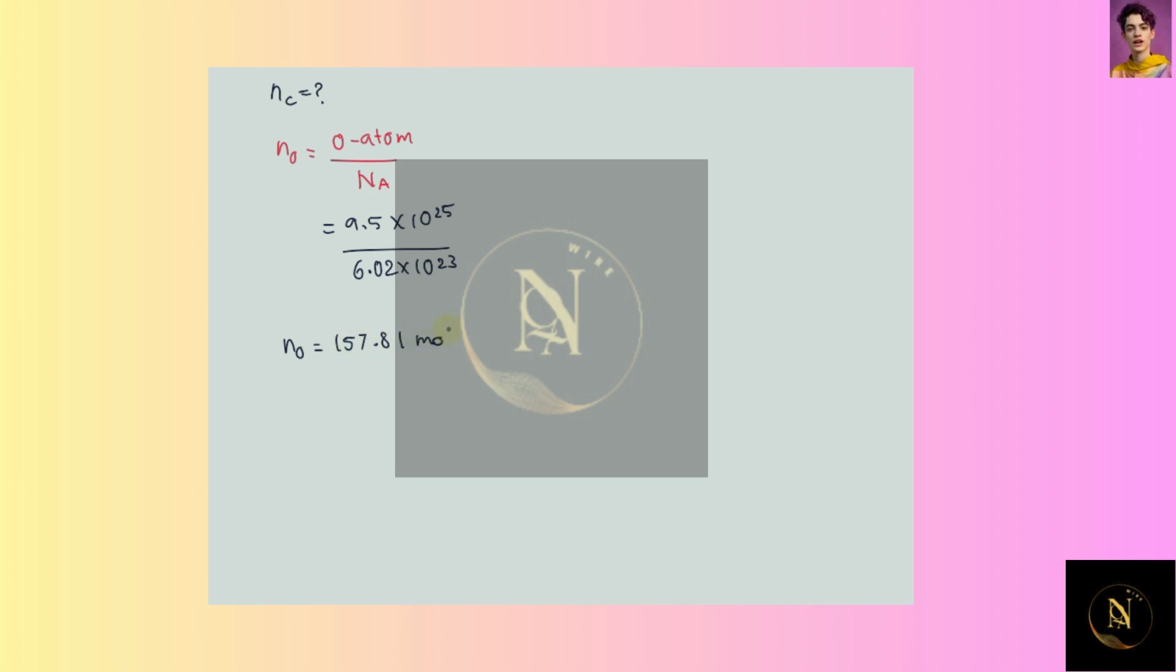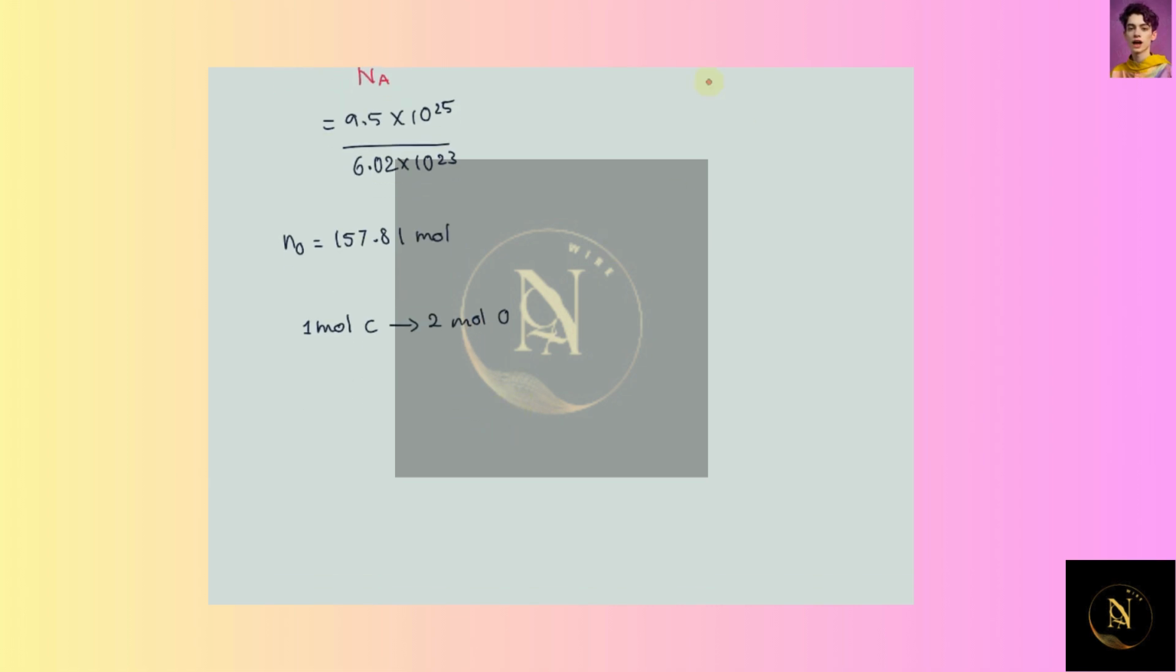157.81 moles. For every 1 mole of carbon atom, there will be 2 moles of oxygen atoms in the carbon dioxide molecule. Therefore, the number of moles of the carbon will be equal to 1 by 2 into number of moles of the oxygen. Substituting the values, that is 1 by 2 into 157.81. On solving this, we will get the number of moles of the carbon will be equal to